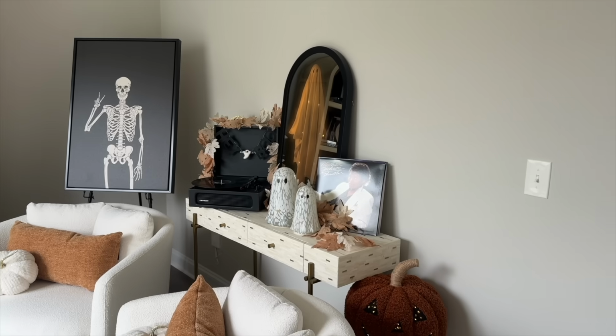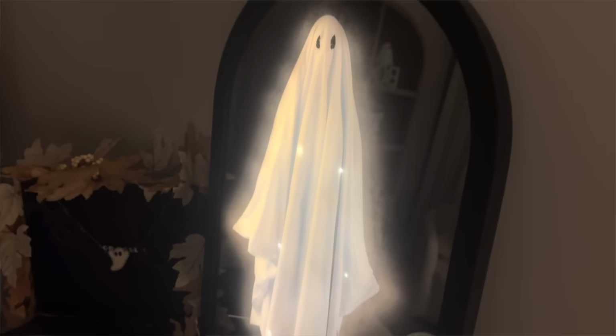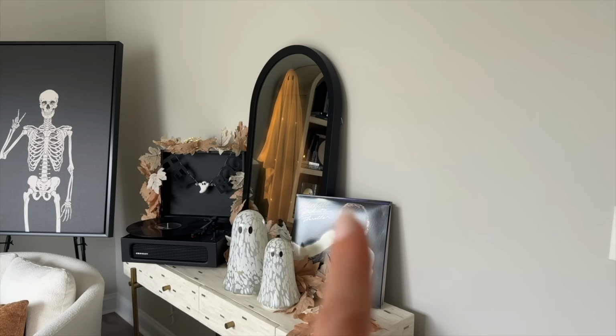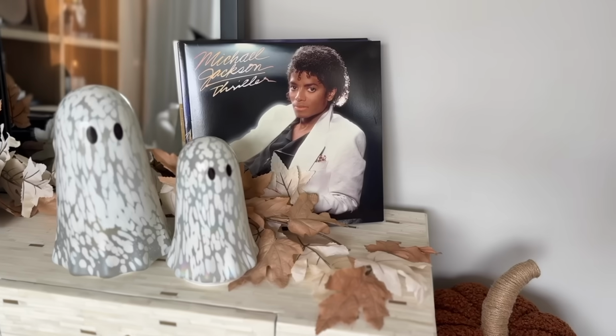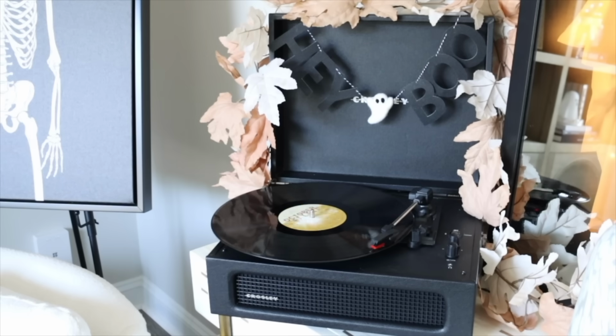And then over on this table here, I do have the Martha Stewart ghost mirror that went viral this year. I was so excited to get my hands on that mirror, but it is super heavy, so I was afraid to hang it up. I was afraid it would fall, so I just have it leaning up against the wall there. And then I have my records and also my record player, and I can listen to all my different